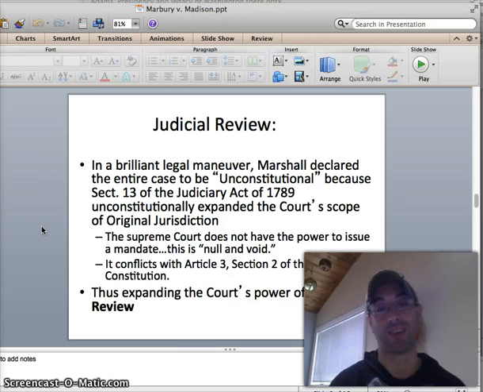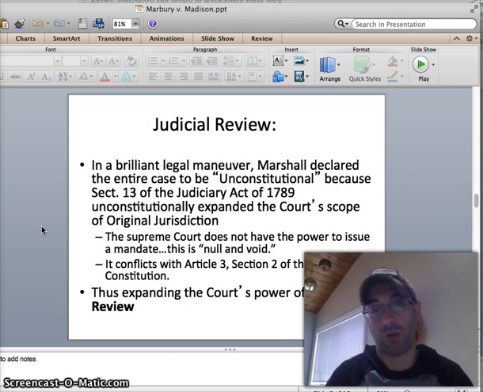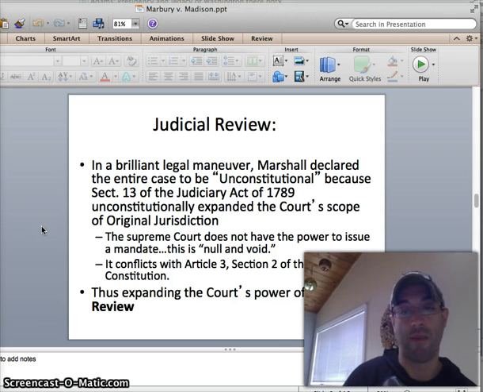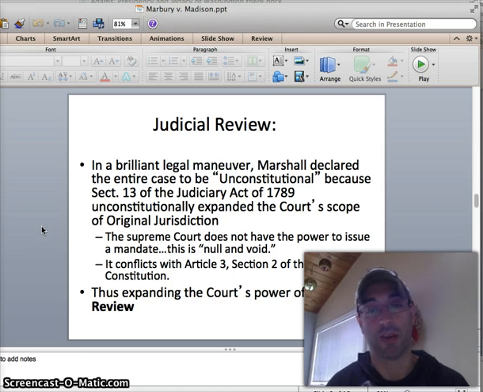So in other words, instead of ruling for Marbury or ruling for Madison, Marshall is saying, I can't even rule on this. Don't even bring me into this argument, because this law is unconstitutional. It's out. It's null and void. We're actually getting rid of it. So this expands, for the first time, something I've asked you to define a couple times, which is judicial